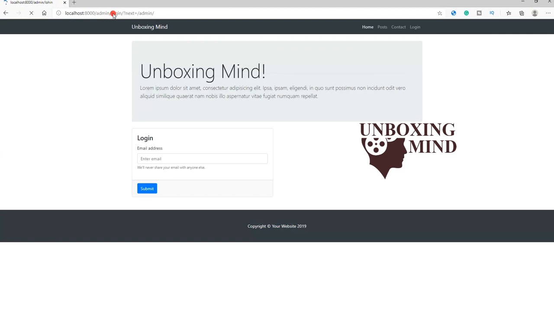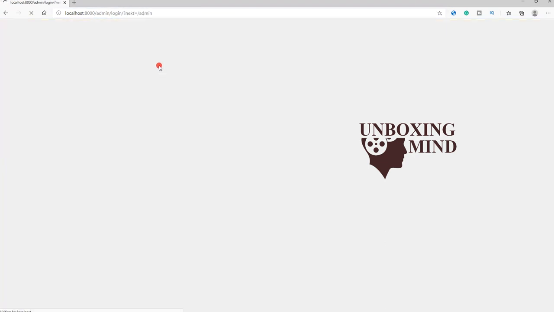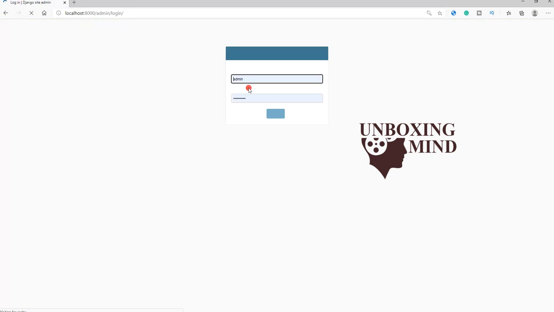If we go to admin/login, it will open a page with the login. We can use this Django login as well as the custom login. So this is how we can implement custom authentication in a Django project.